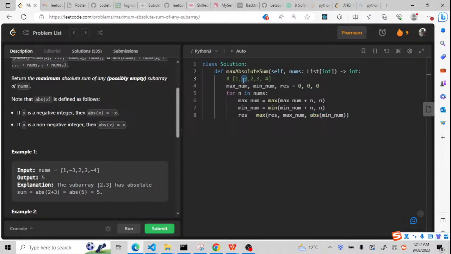If we go to -3, what is the maximum num? It is the max of max num. Before, the max num is 1, plus this number n, so it is -2, and this number n is -3, so the maximum is -2 when it goes to this position. So what I mean by the maximum and minimum num, it means at each state, what is the maximum num at this state? It means